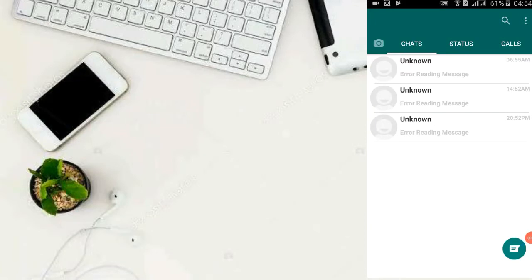So today we are going to discuss a very fantastic WhatsApp trick, and you can apply it to any app